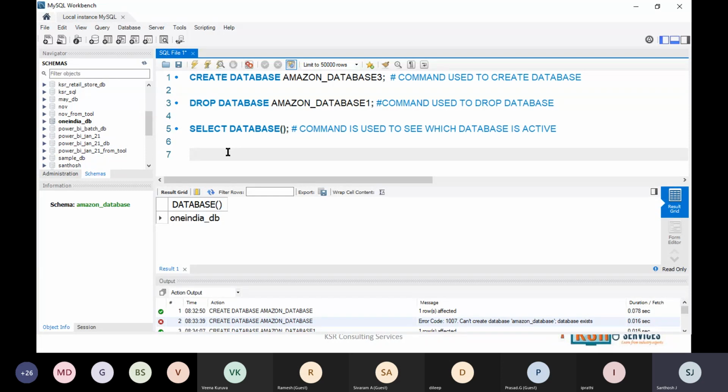How to make it active? First of all, when I run this select database, this was showing One India DB. That means this was the active database that was previously created. Now I have to activate my database, or I want to use my database. The command I will use is use Amazon